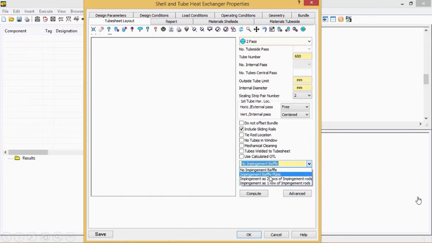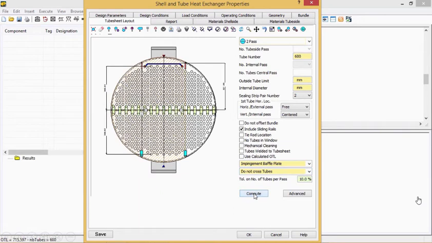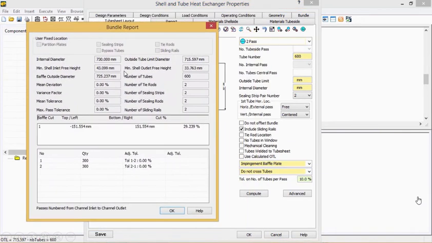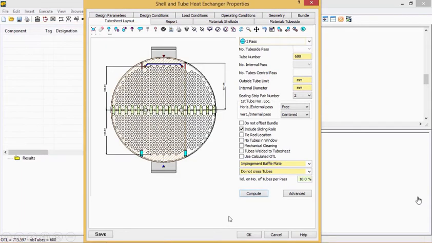You can include impingement baffles. We will include them here. We will include sliding rails, and you can cross tubes 1 by 1 or 1 by 2 using dummy tubes. But we are not going to cross tubes this time. So let's compute. So the program automatically calculates, and as you see here, the bundle report is generated, number of tubes maintained, and the OTL, the shell ID, these are all obtained and reported. So number of tubes 600, number of tie rods, sealing strips, sealing rods, minimum shell outlet free height for the